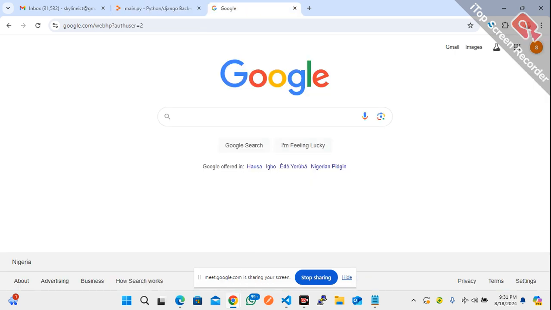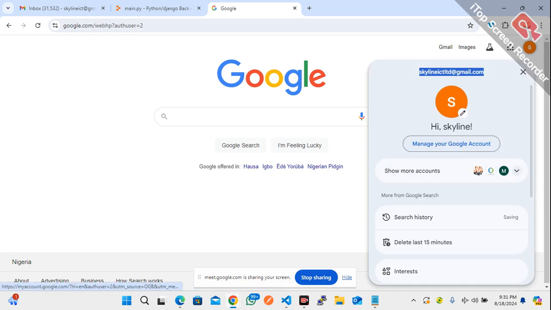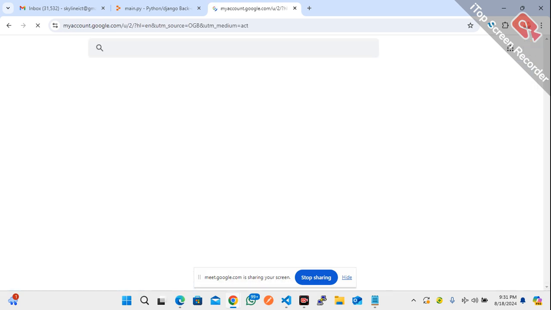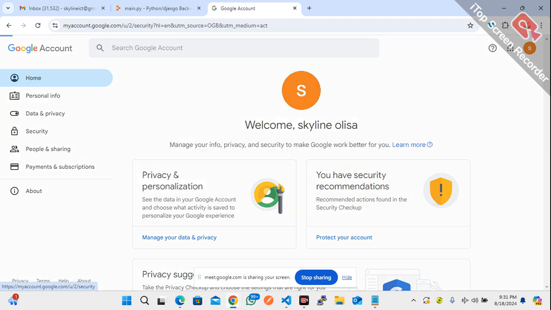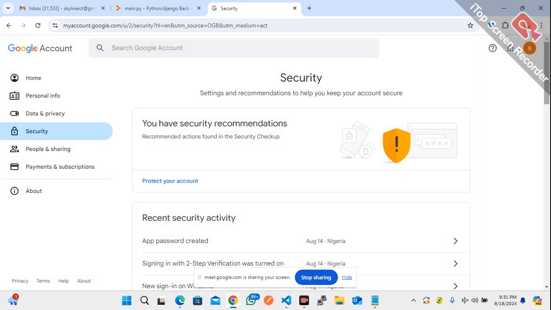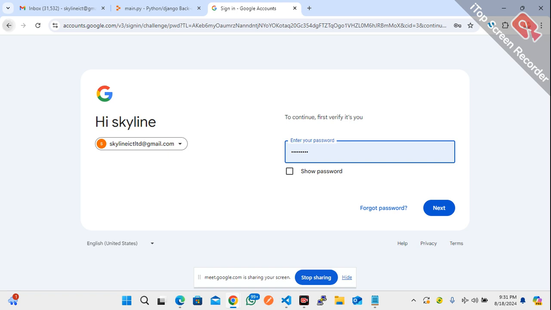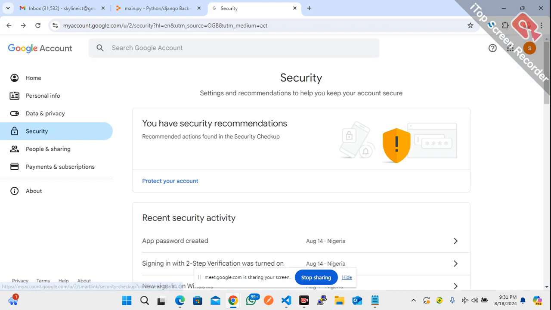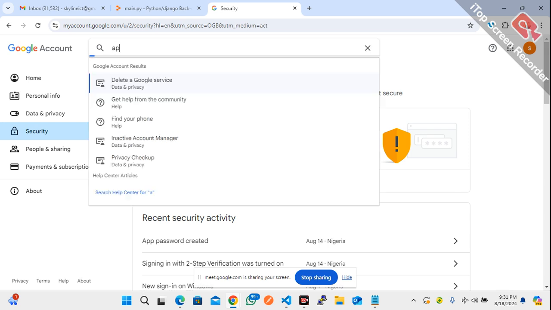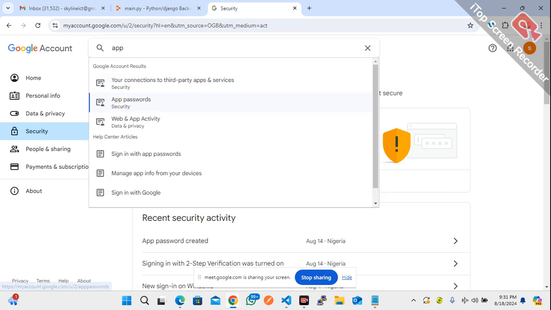So let me quickly do a recap of what we did the last time. So what we did was to go to manage, to create an app, right? I will come to security, and the first thing they asked us to do is to set up two-factor authentication. This is what we did first. We set up the two-factor authentication for our application, which after we set up, we come here and type app password. So when you type app, you see the app password there. But if you didn't set up two-factor authentication, there's no way you can see this app password. If you type app password,